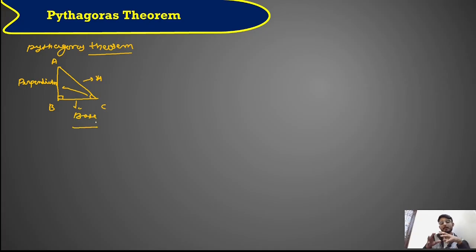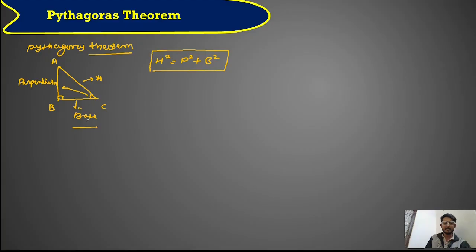So basically Pythagoras described a triangle and gave a relationship between hypotenuse, perpendicular and base. What is the relationship? It was given as h square equals p square plus b square. H means hypotenuse, p means perpendicular and b means base. So hypotenuse square equals perpendicular square plus base square. From this formula you can find the value of any one when you are given two values. It means if you are given hypotenuse and base, then you can find the value of perpendicular. How can you use this theorem?